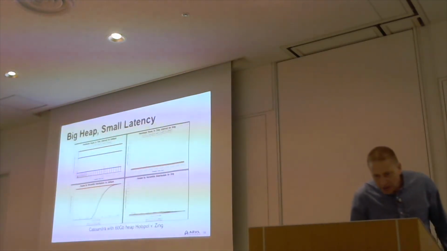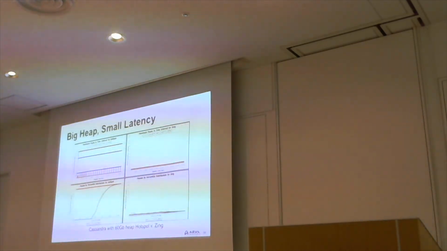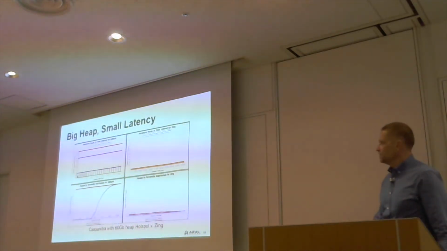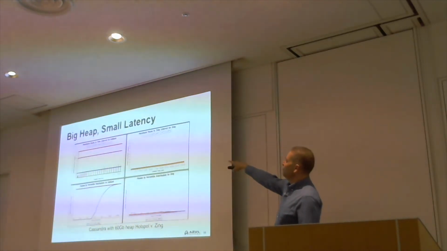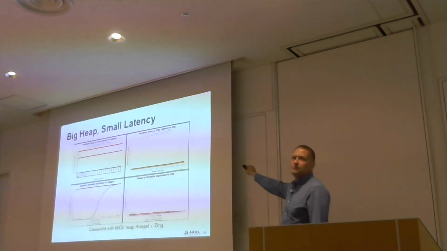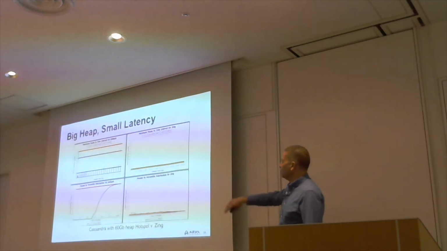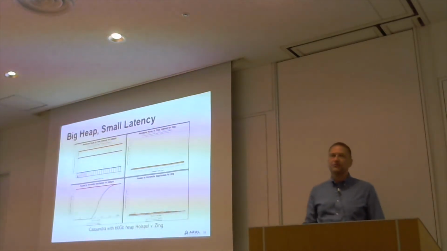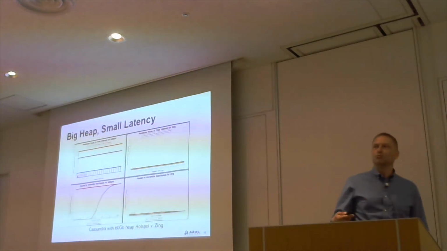which even I can't read on the slide, which looks like it's about, where are we? Yeah, so it's about 100 milliseconds pretty average, spiking at over 500 milliseconds. So over half a second for pauses. And then if you look at Zing on the right, it just takes that out completely. There are no spikes, it's right down the bottom, and again, you'd have to change the scale of the graph to actually see what was really going on.